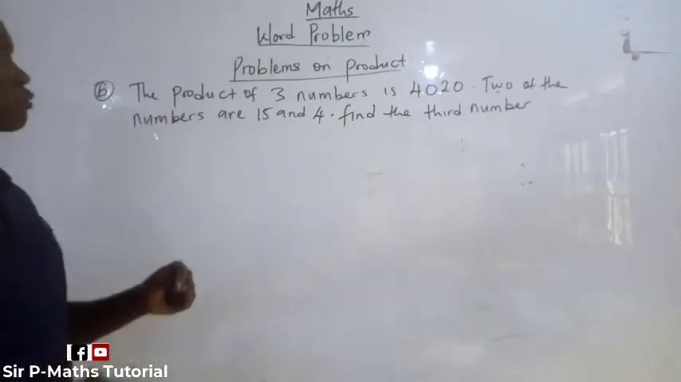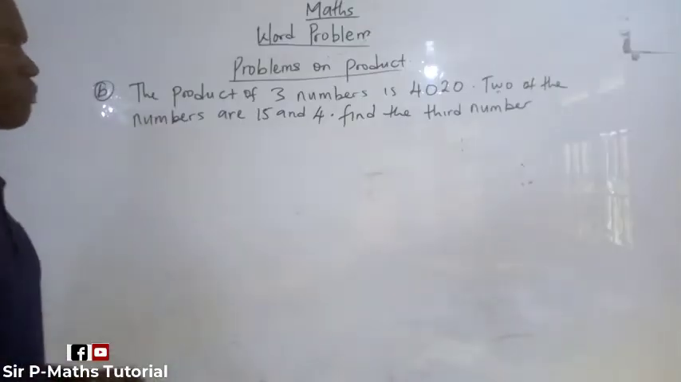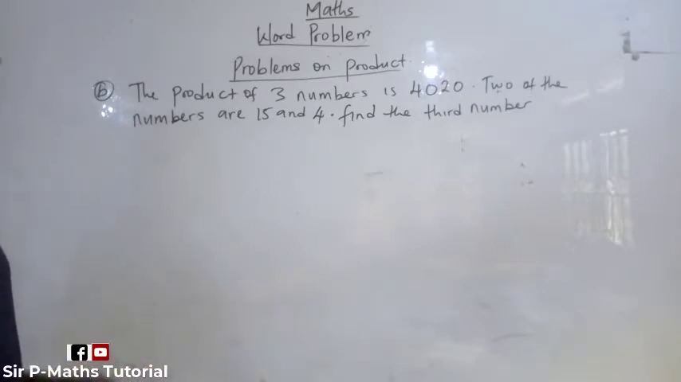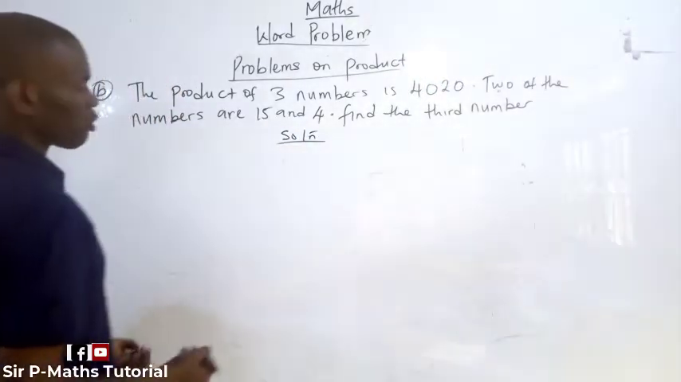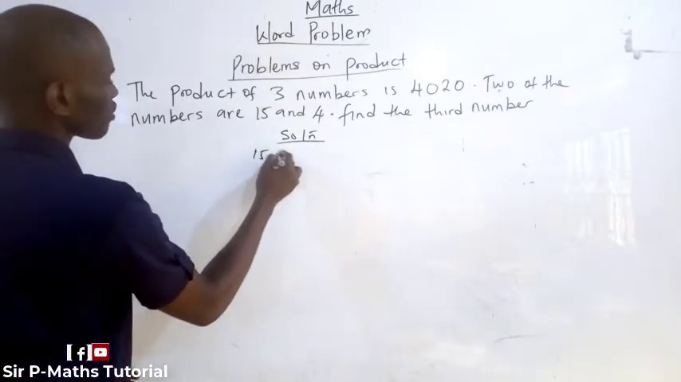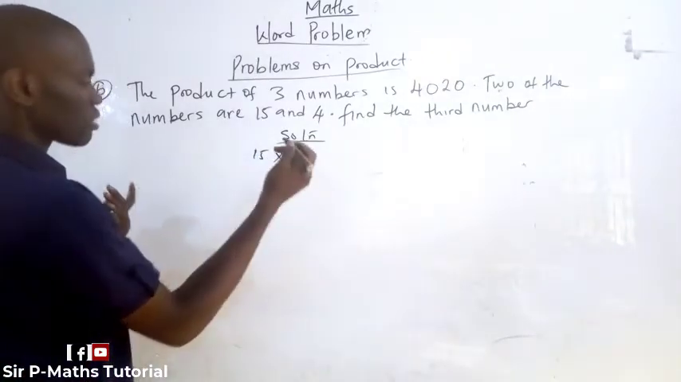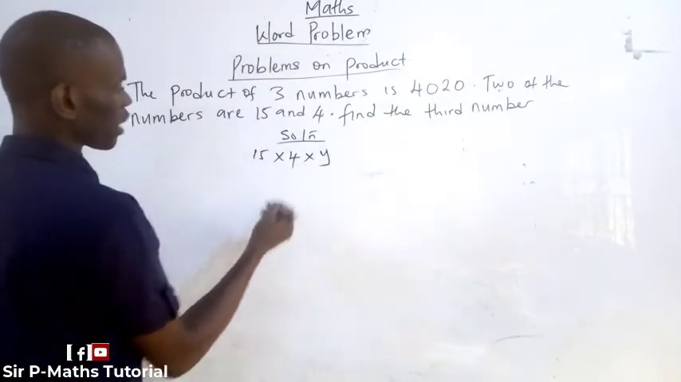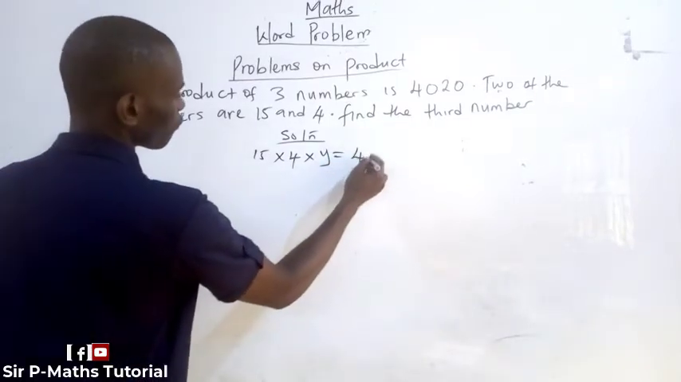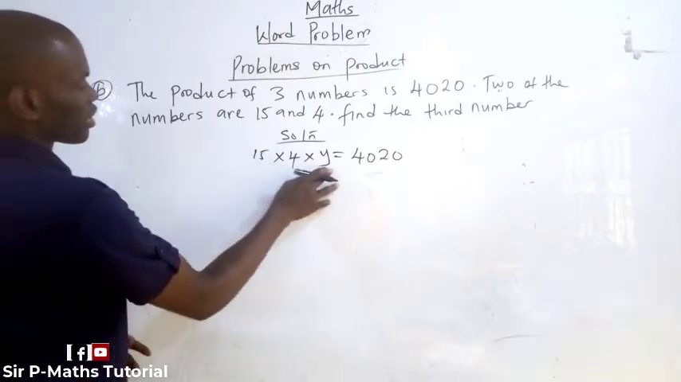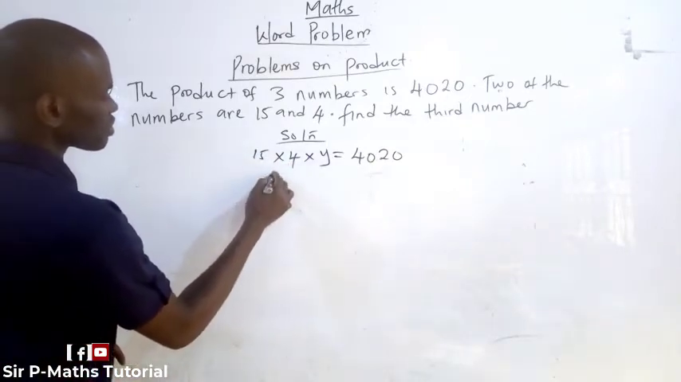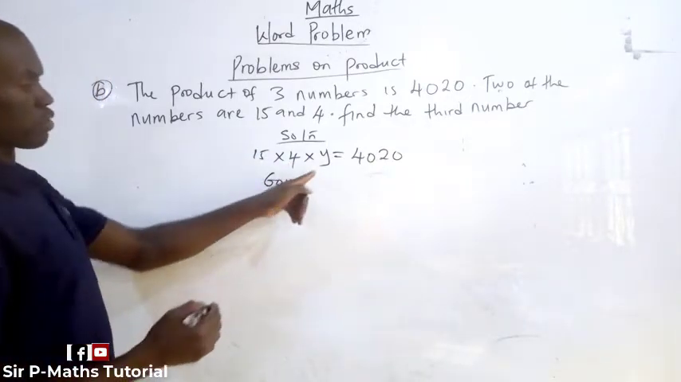Another problem on product. The product of three numbers is 4,020. Two of the numbers are 15 and 4. Find the third number. This is simple also. We have three numbers, 15 times 4 times another number which I don't know, let's say y, will give us 4,020. Then we multiply the 3 here. 4 times 15 gives me 60, and if I multiply y with it,